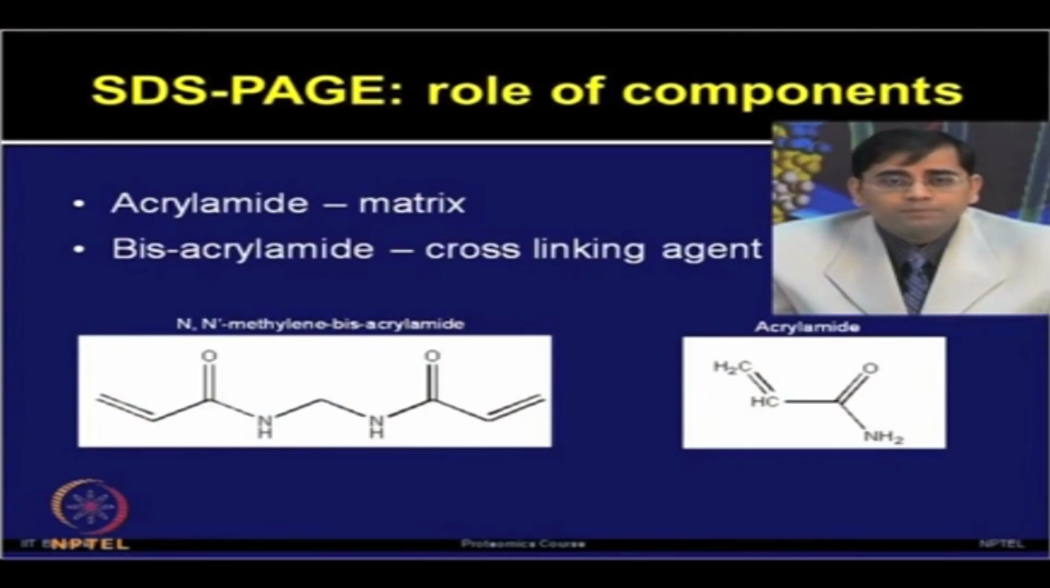Acrylamide provides the matrix or gelling for making the gels. Now, bisacrylamide is a cross linking agent. By adding both acrylamide and bisacrylamide in a fixed ratio, one can make this gel by adding the gelling agent and the cross linking agent. But that itself is not sufficient to polymerize the gel. You need to add a few more reagents,